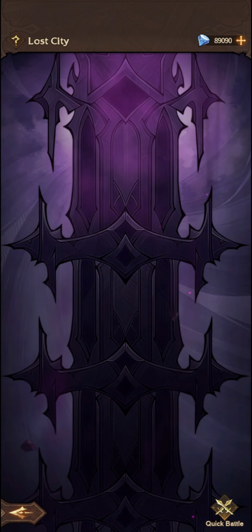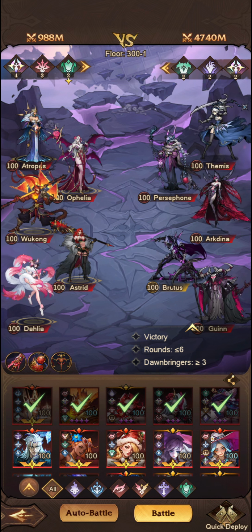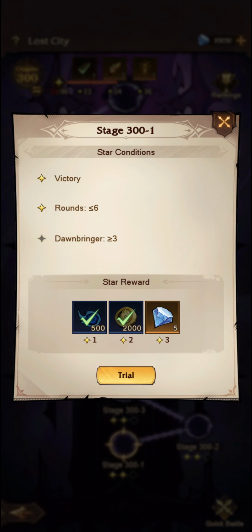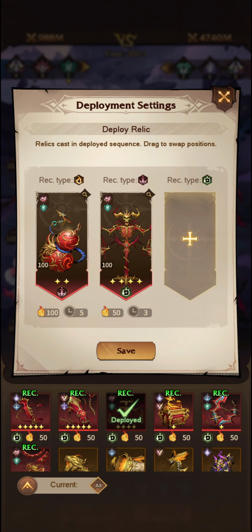First place we're going to go to is stage 1 of floor 300. That's the team that I was using. In fact, let's show this team off. So this is the team that I was using, and instead what I'm going to do is